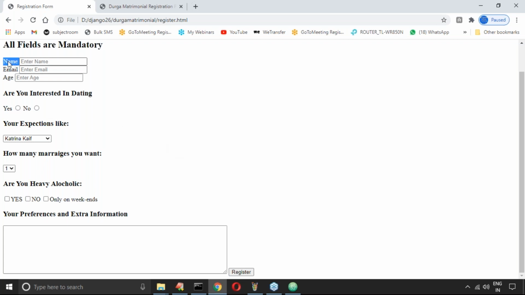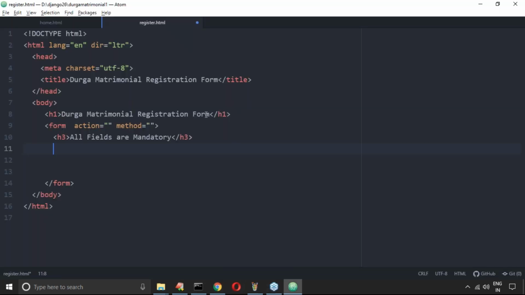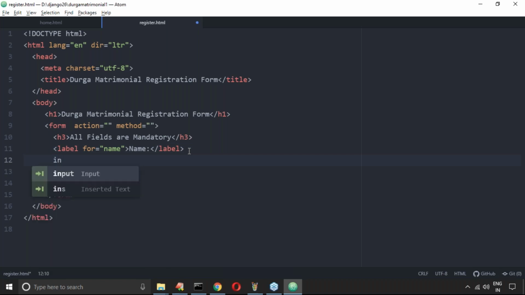Okay, like sir, what is this name? Can I use the word name itself as the label or not? I respond, name is the label and this one is the text field. So how to define a label and how you can associate that label to our HTML component, you know already. First thing, let me create a label. Sir, label. What is the label, sir? Name. Name is my label.